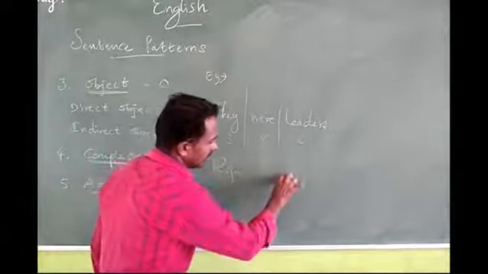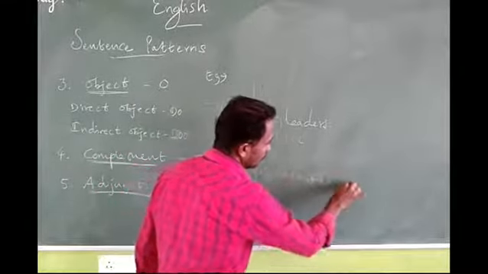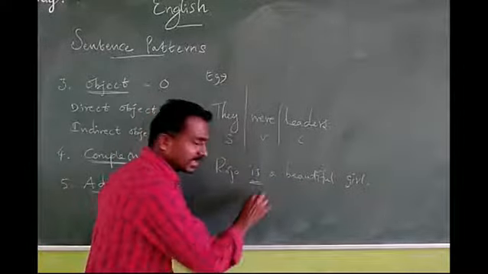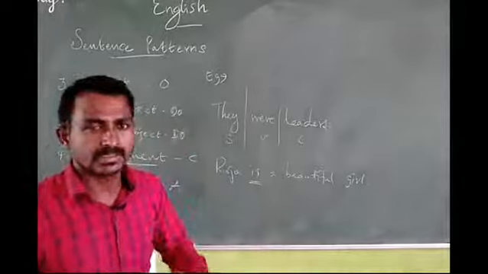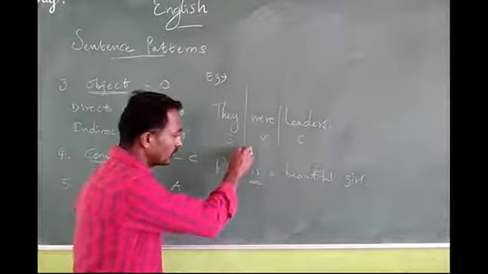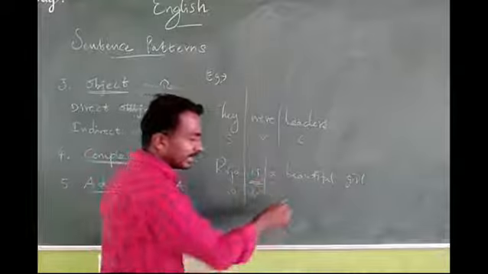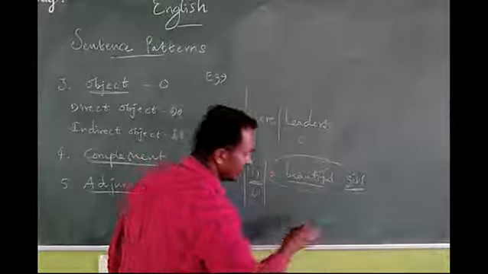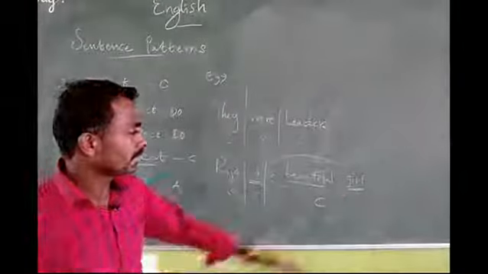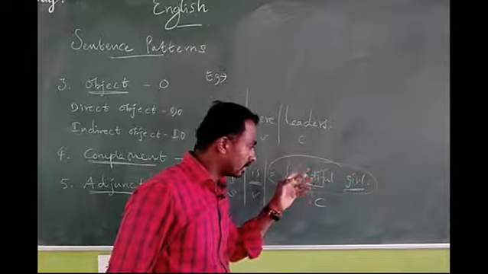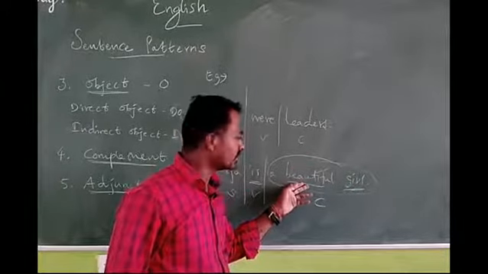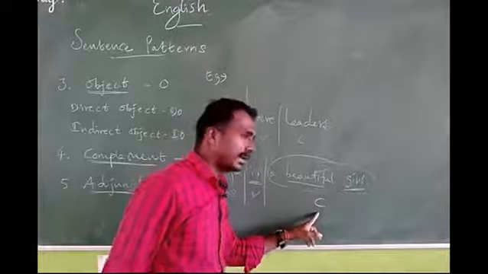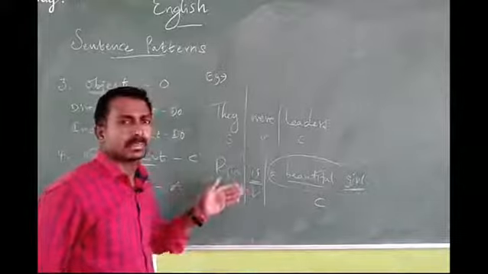Roja is a beautiful girl. See, only one be verb is given, not is playing, is learning, is coming like that. Roja is the subject, is is the verb. Here beautiful is the adjective word and girl is the noun form. So these three words together are called the complement. Sometimes only a noun comes, or only an adjective, but sometimes an adjective and noun come together. So we can easily identify it and circle the given word as the complement.